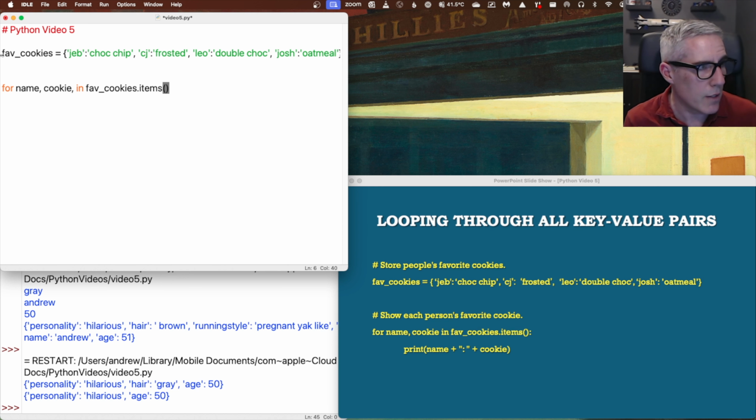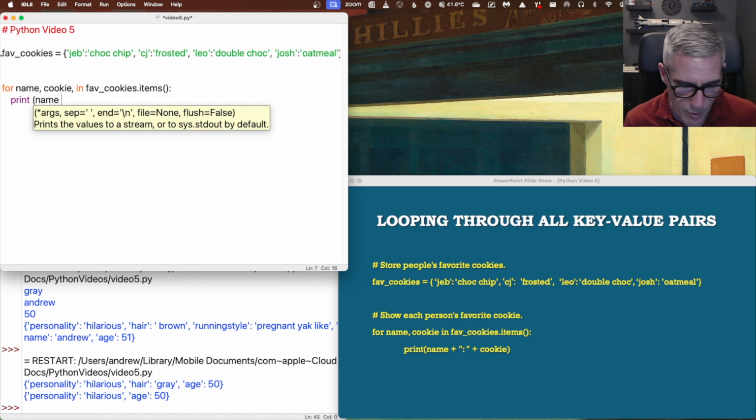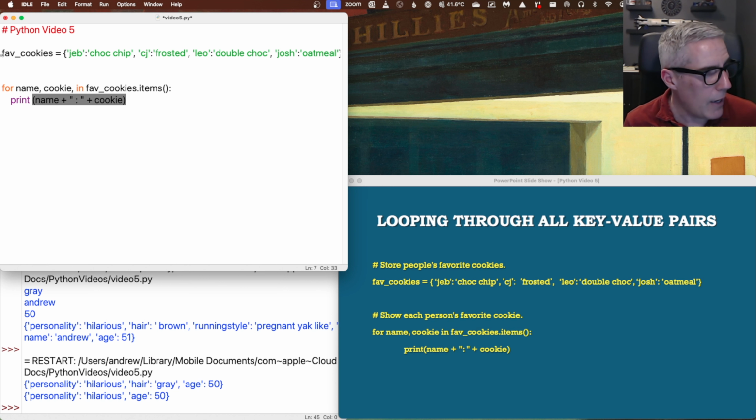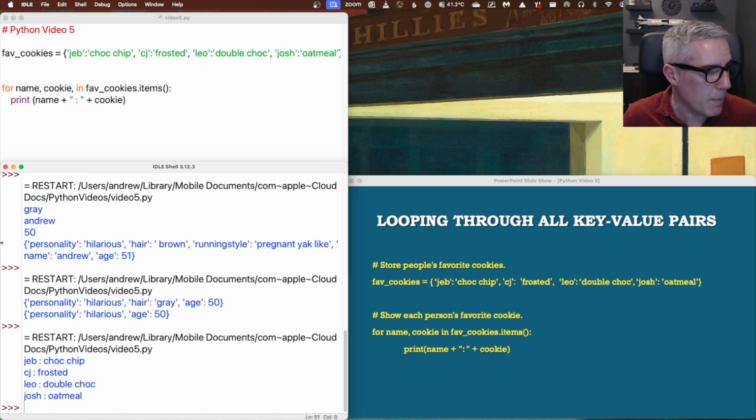Now what I can do is, just like any other loop, colon, I'm going to print name plus, I'm just putting a colon between them just to make it look a little better, plus cookie. And now when I save and run that, I get a list of people: Jeb Chocolate Chip, CJ Frosted, Leo Double Chocolate, Josh Oatmeal. So this is me looping through all the key value pairs in this dictionary, and just